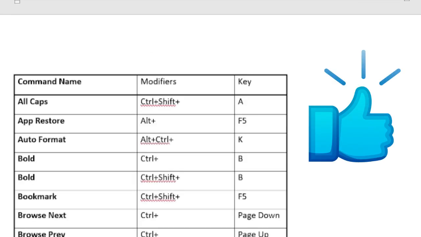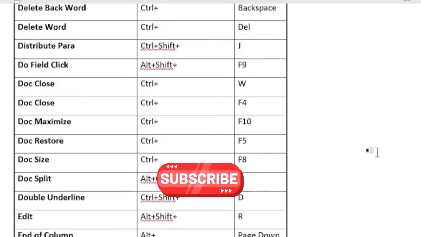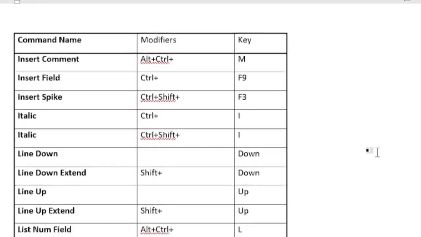This will open a document listing all available Word commands, along with their corresponding keyboard shortcuts. It's like having a full map of all the shortcuts at your fingertips,